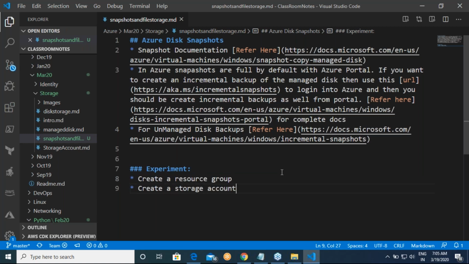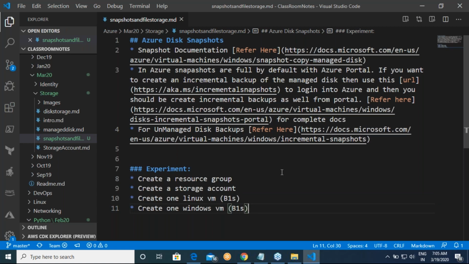We all know how to do this. And create one Linux VM and create one Windows VM. You can go to free services and then create, or you can select the machine type as B1S. Here also B1S is fine, but if you want, you can go ahead and do this.